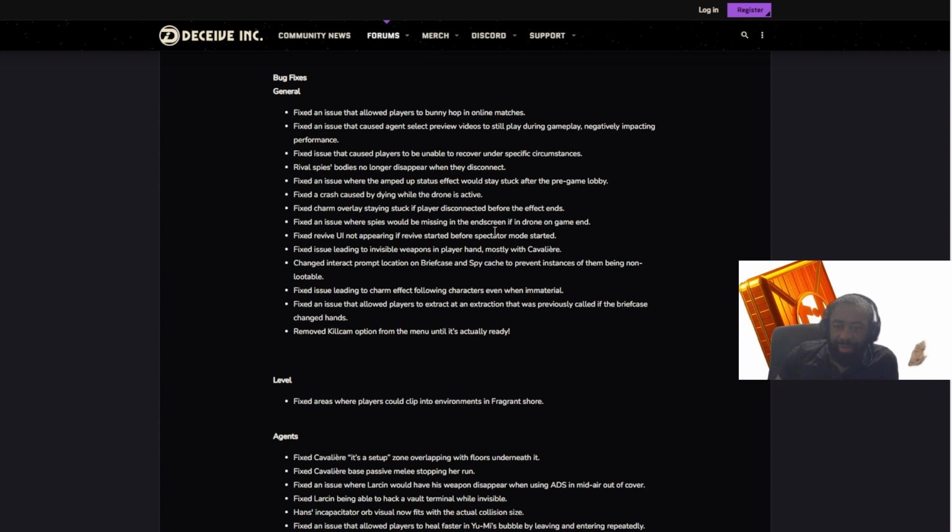Fixed revive UI not apparent if revive started before spectator mode started. Fixed issue leading to invisible weapons in player's hand, mostly with Cavalier. Changed interact prompt location on briefcase and spy cache to prevent instances of them being non-lootable. Okay. Fixed issue leading to charm effect following characters even when immaterial. Fixed an issue that allowed players to extract at an extraction that was previously...